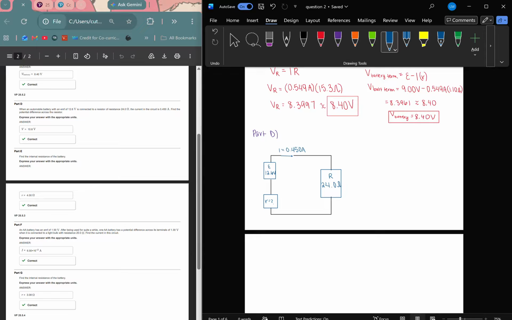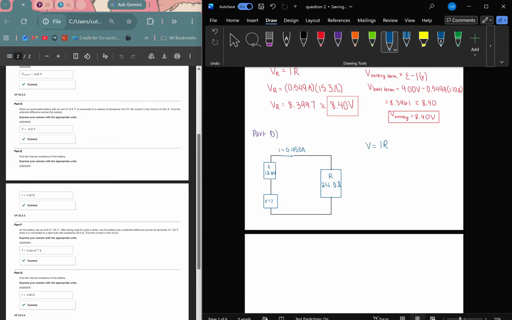So the electromotive force is 12.6 volts, and the external resistance is 24.0 ohms, and the current is 0.450 amperes. So we're going to use Ohm's law,